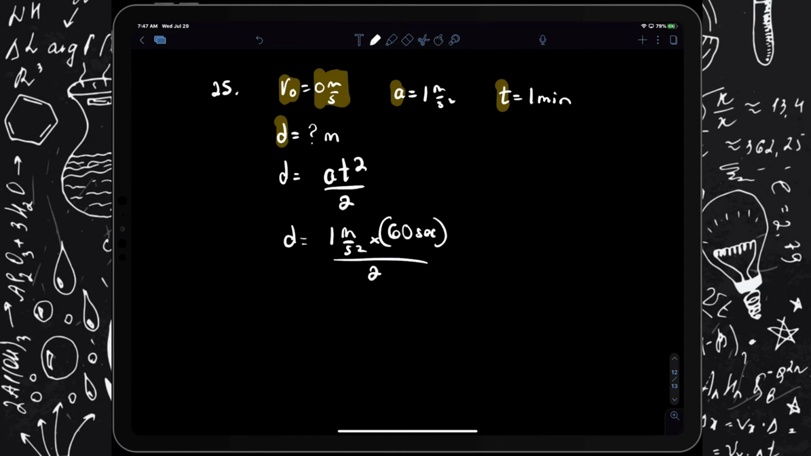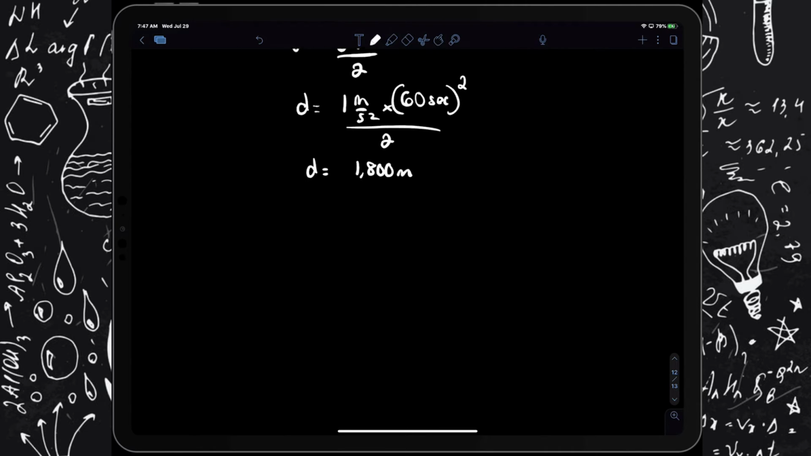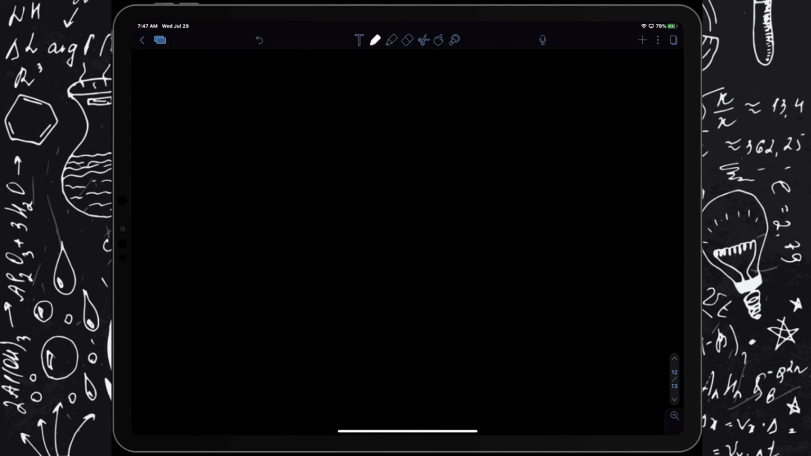All right, now if you put in the 60 seconds, now the units of measurement are going to cancel out correctly. And what you should end up with is an answer. If I put this in, you have a distance of 1,800 meters. Okay. All right, 26, since we've gone over a couple of these, 26, I'll write down the givens,